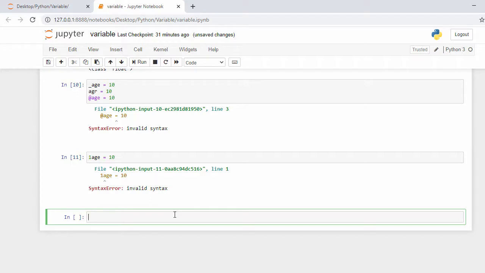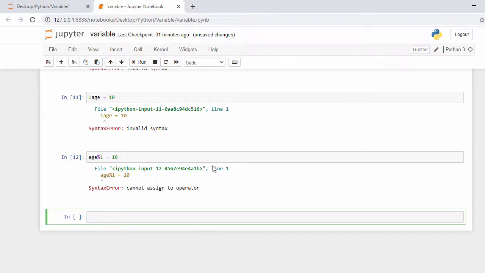The third rule is that a variable name can only contain alphanumeric characters or underscore. So when I define age%1 equal to 10 and execute this one, same way it gives me an error with that percentage sign.